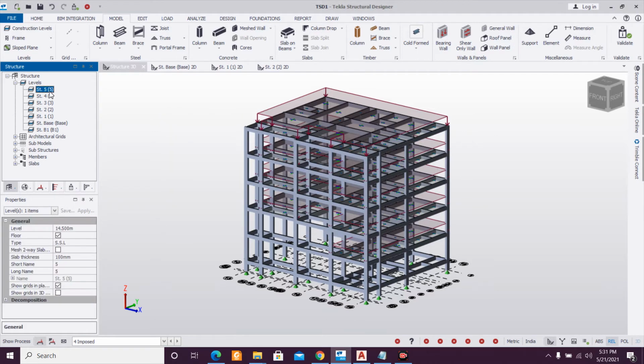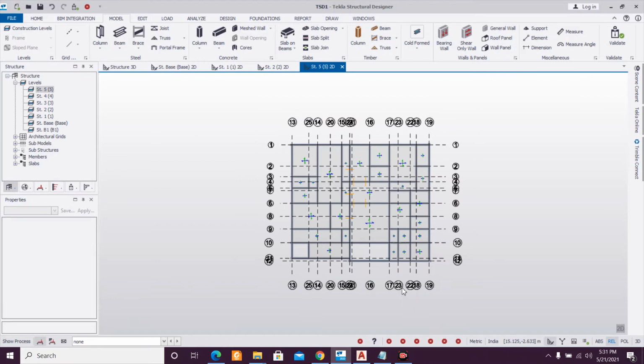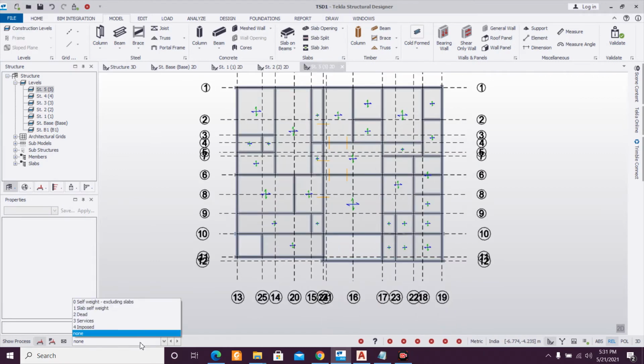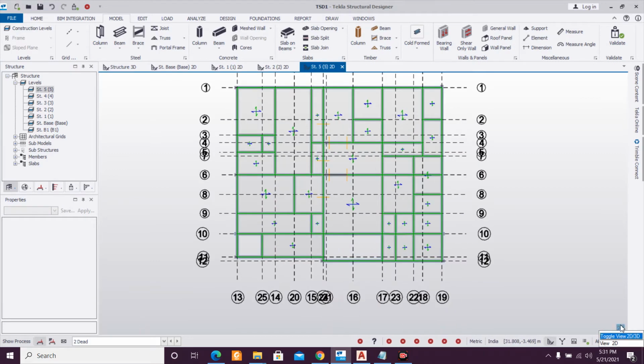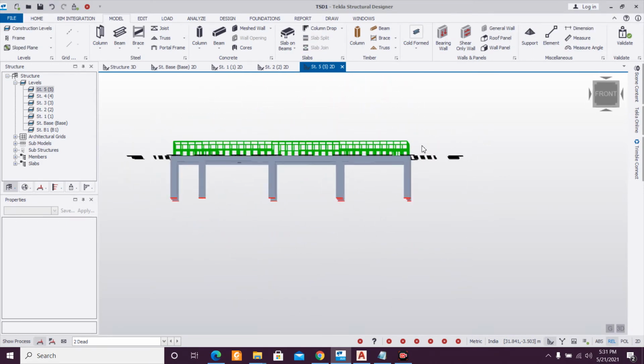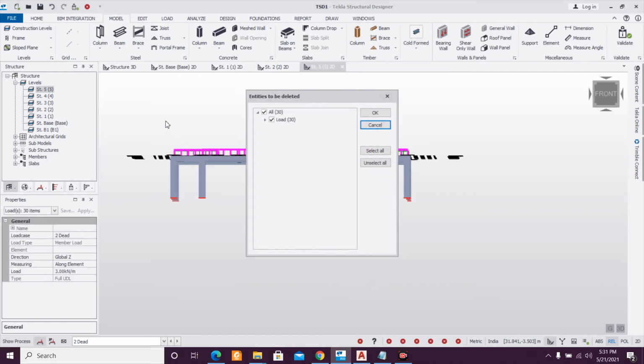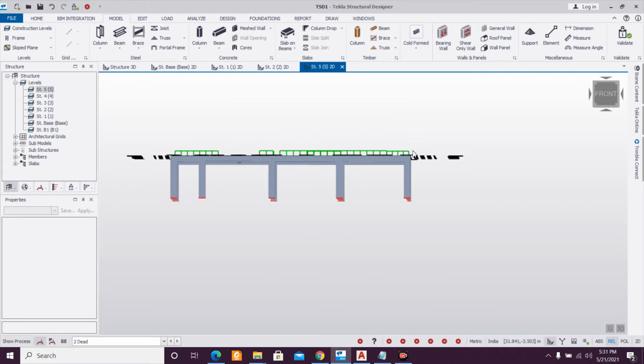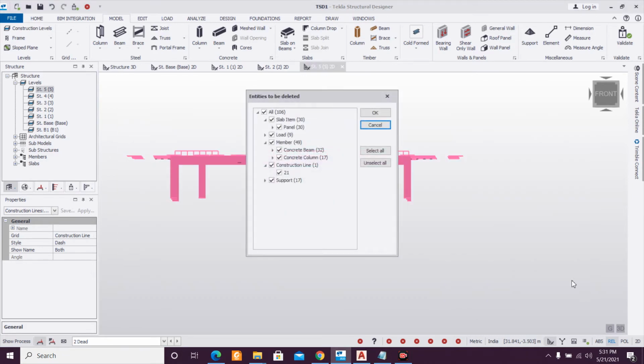Go to the top level, we need to make some changes. Delete the loading, because we'll only apply the load for the parapet wall here. Select the entire thing and delete this. Only select the loads here.